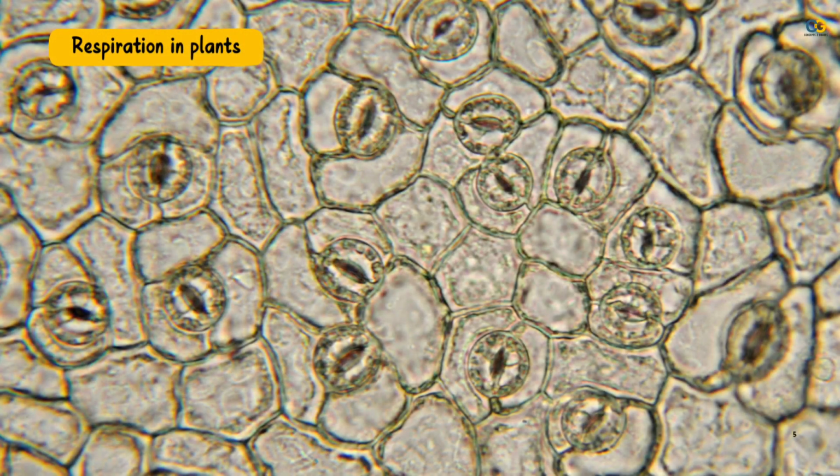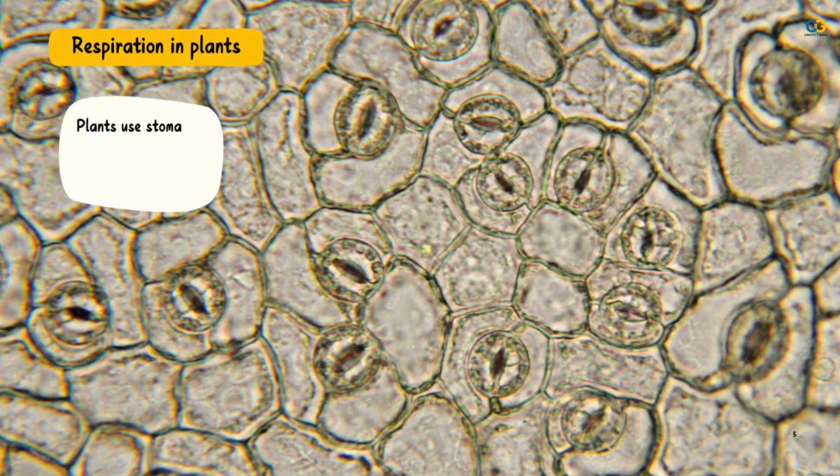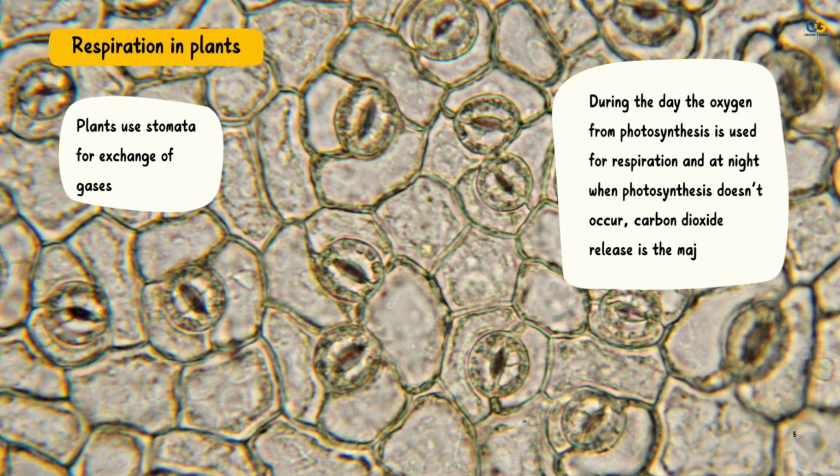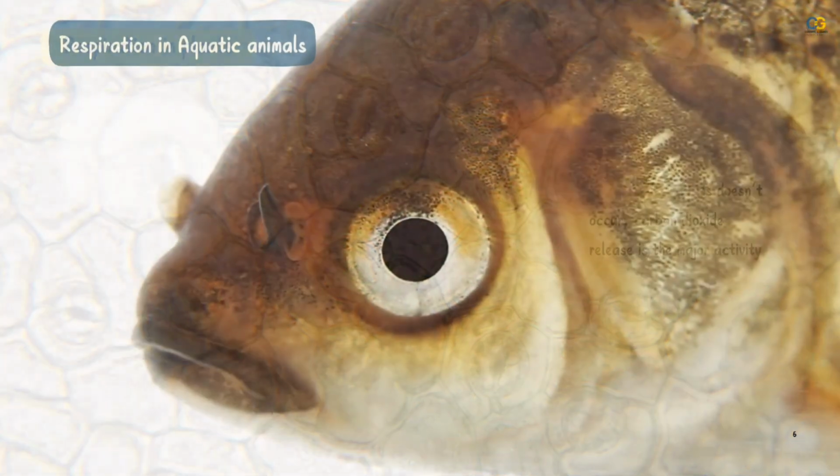So respiration in plants. We know that plants use stomata for exchange of gases. During the day, the oxygen from photosynthesis is used for respiration. At night, when photosynthesis doesn't occur, carbon dioxide release is a major activity in plants. So coming to aquatic animals,